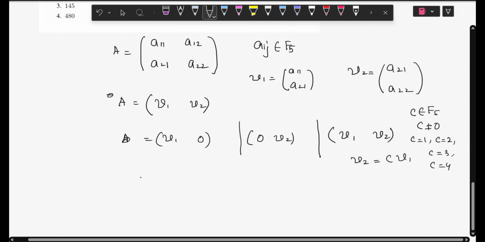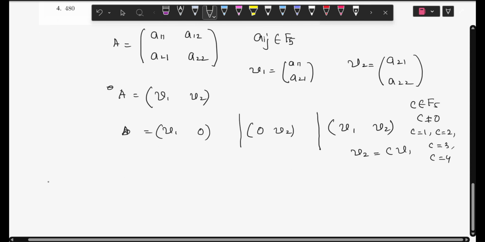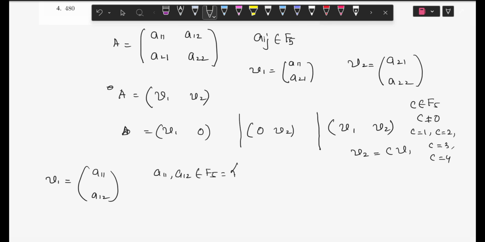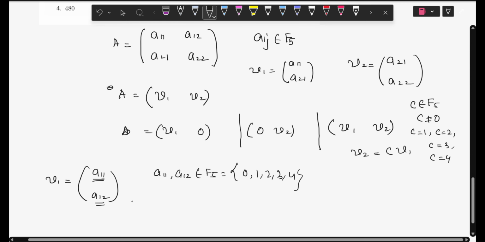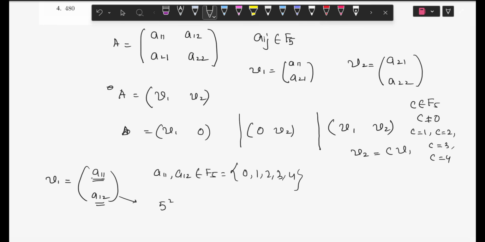ठीक है ना? Now let's talk about v1। v1 is equal to a11 a12, where a11 and a12 both belong to F5 is equal to 0 1 2 3 4। So a11 has 5 choices, a12 has 5 choices. So in such a way, how many v1 we can get? We can get 5 square number of v1s. ठीक है ना? So there are total 5 square number of column vectors can be formed by the elements of F5।